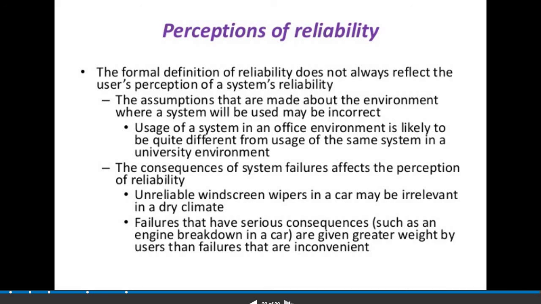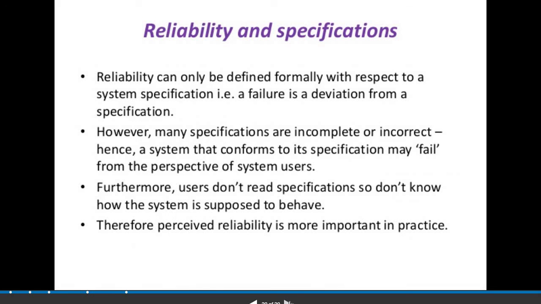The use of a system in an offline environment is likely to be quite different from the use of the same system in a university environment. The consequences of system failure affect the perception of reliability. An unreliable windscreen wiper in a car may be irrelevant in dry climates. These are examples.